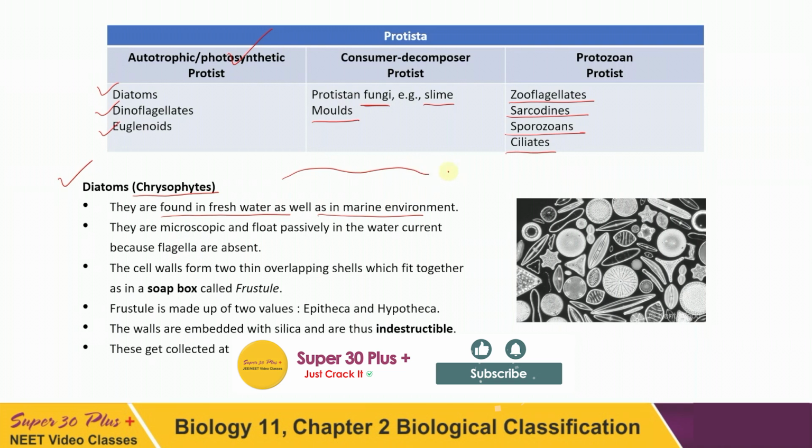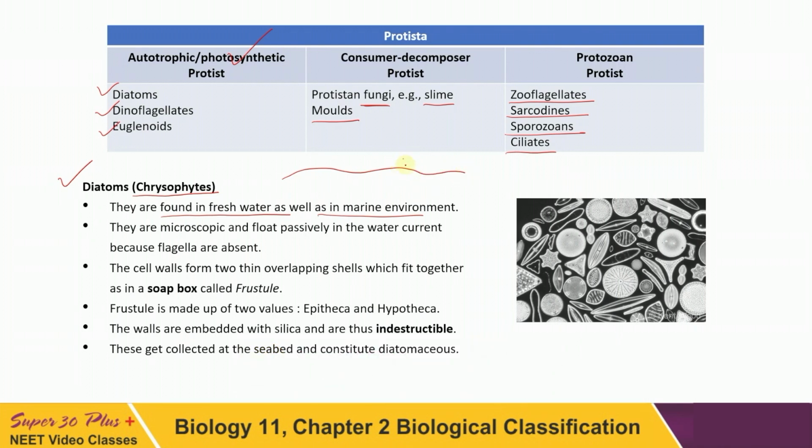Let this be a freshwater lake, or let this be the sea. Diatoms are found in both freshwater as well as marine water. They float on the surface of water. They do not have any organ for movement. Flagella-like structures are absent. These are microscopic. They float passively on the surface of water, and by water current they move from one